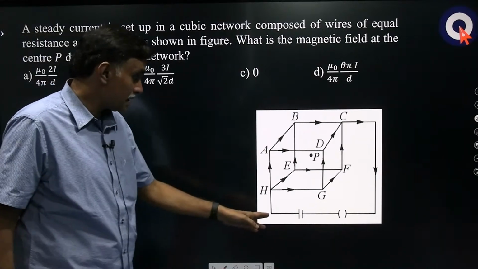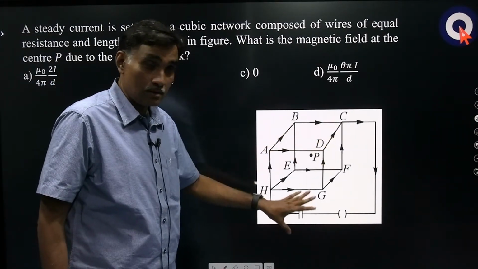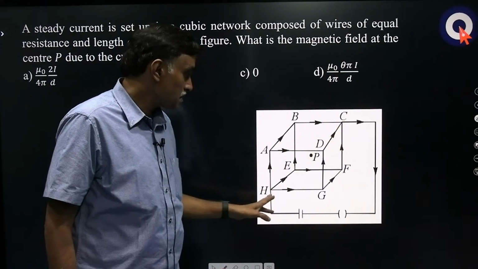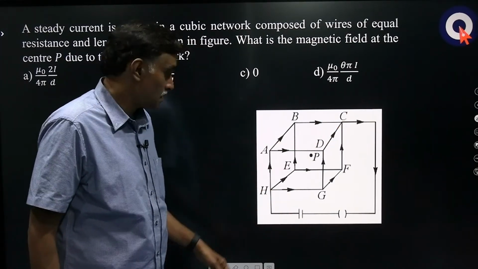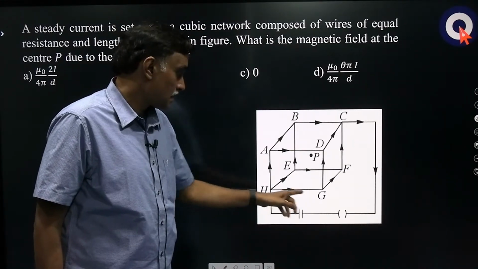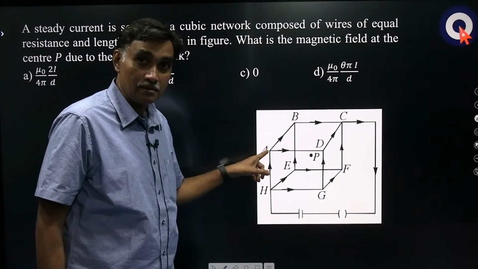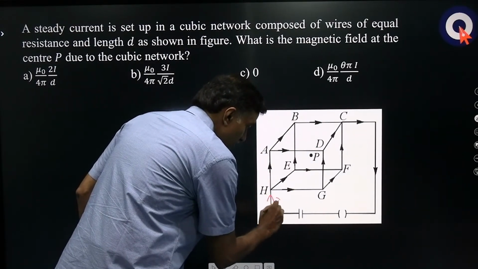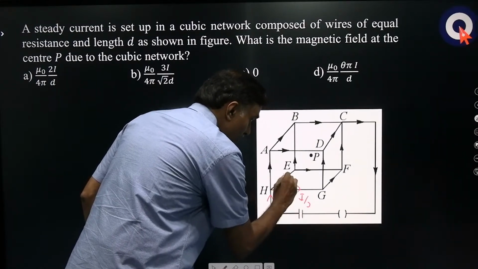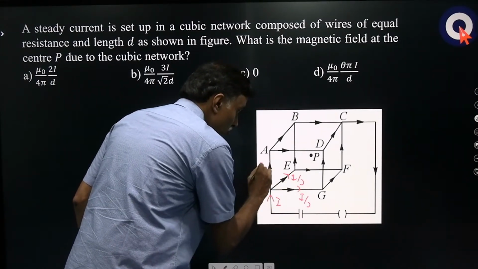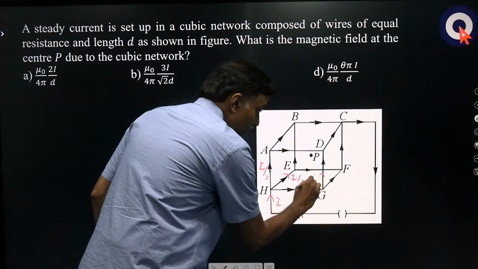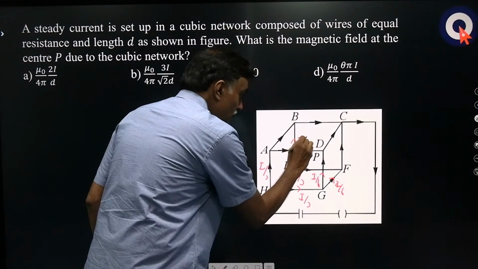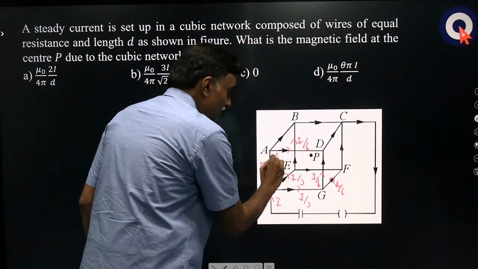So, this is a cell connected and this is a cubic network, all of them equal resistors, and the cell is connected across H and C. So, what will the current in each branch be? This is I by 3, I by 3, I by 3. If current here is, let us say, I, then what is the current here? I will get I by 3, and here also I by 3, here also I by 3, then here it divides I by 6, I by 6, and here also I by 6, and here I by 6,